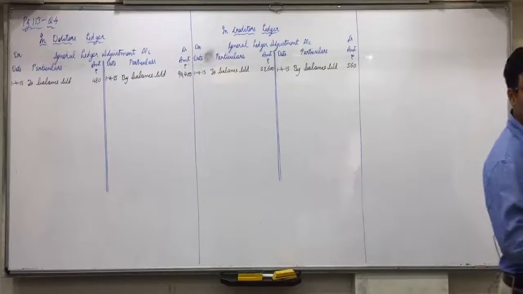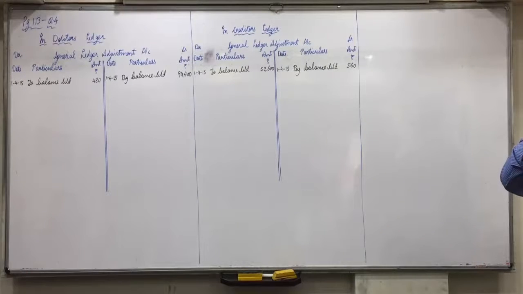Now we have to pass the normal journal entries, but see them from the opposite accounts' point of view. For example, total sales. Total sales will have no effect, and make a line. Total sales 2,40,200 is gone down. Cash sales make a line up to 16,200. Total purchase 1,79,000. Cash purchase 1,34,000. Sales returns 5,200, purchase returns 3,600, cash received from debtors in full settlement of 1,18,400, and bad debts recovered 5,000.